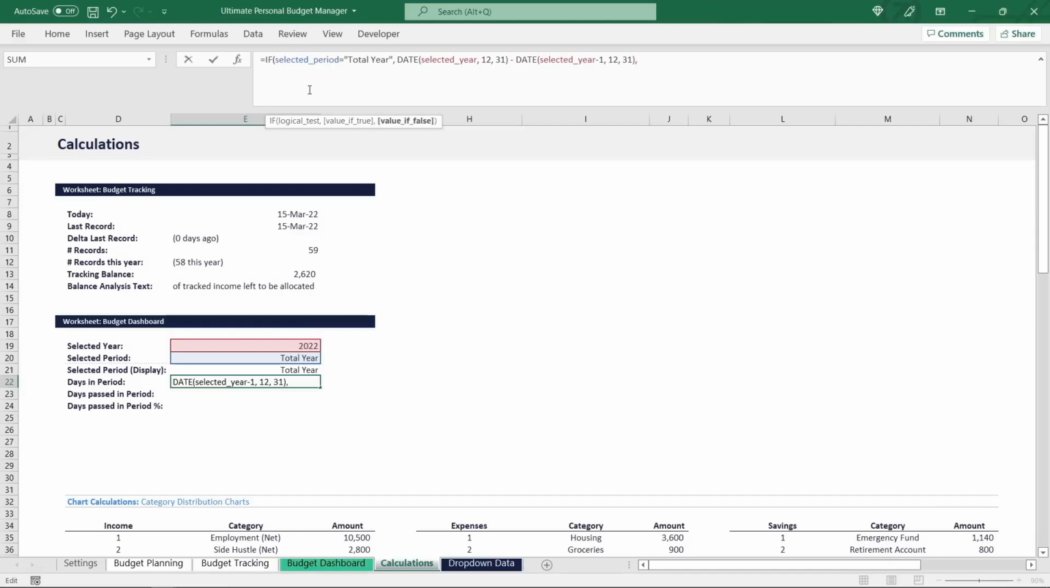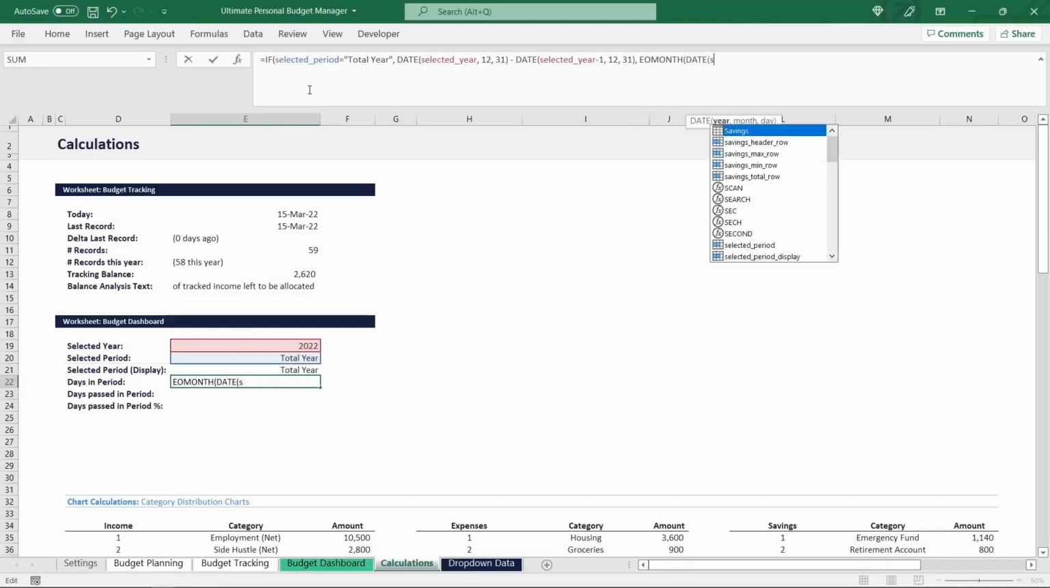Alternatively, in case the selected period is not total year, but a specific month instead, then we can calculate the total days of that month by making use of the EOMonth function, which stands for end of month. That function returns the date value of the last day in a month before or after a specific number of months. That means it expects us to put in a start date value for which we provide a composed date